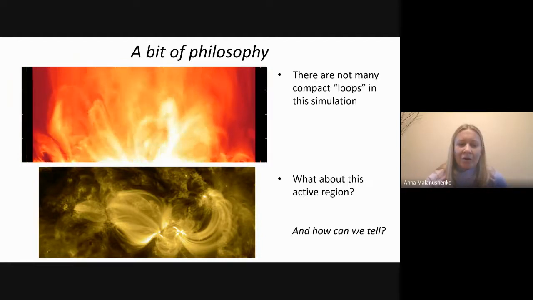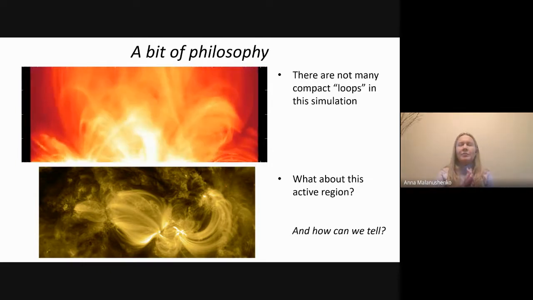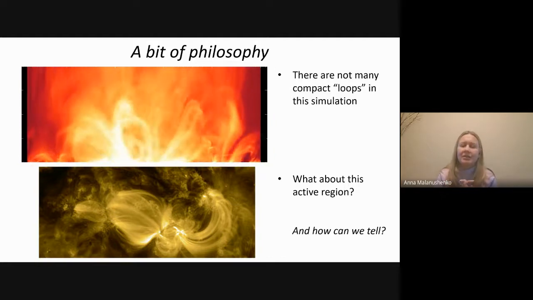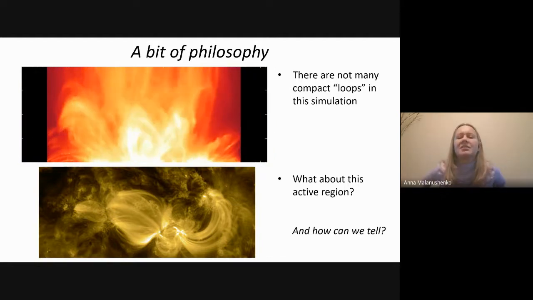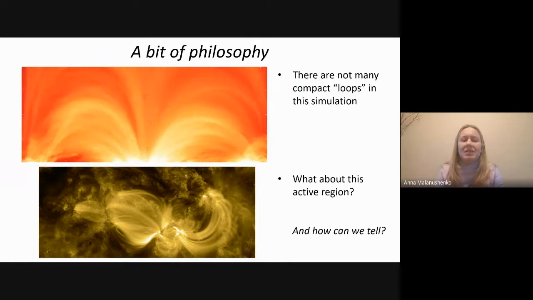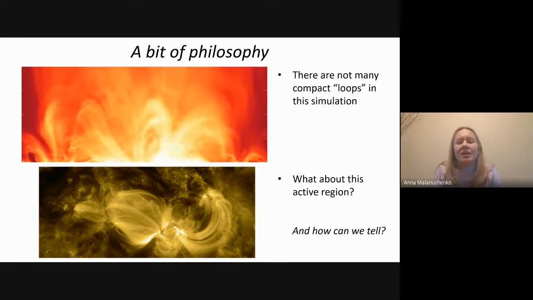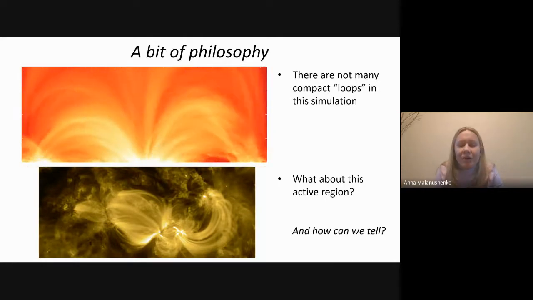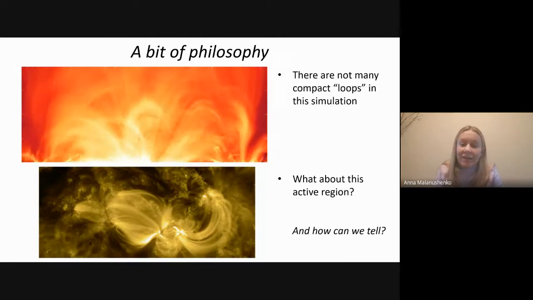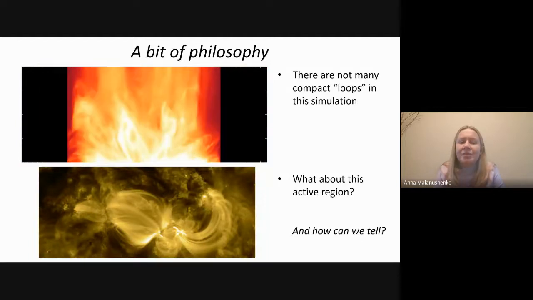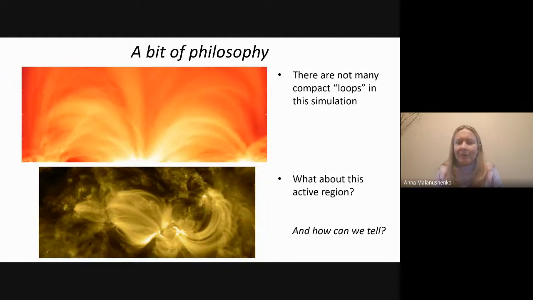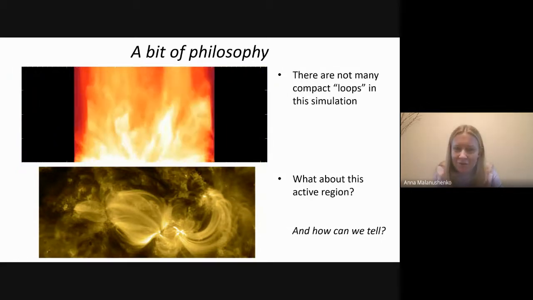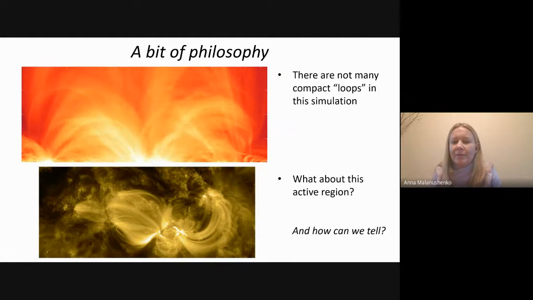Well, I would like to stress that it can be easy to take my talk as saying there are no loops on the sun, there are only veils. This is not what I'm saying. What I'm saying is that we do not know if there are veils or if there are loops. We really need to think about it. We need to have a discussion about this as a community. And if we do any particular analysis that requires a compact shape of a loop, we must somehow make sure that we are looking at a compact loop.